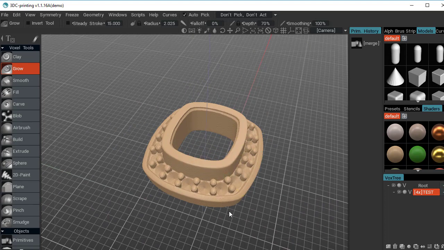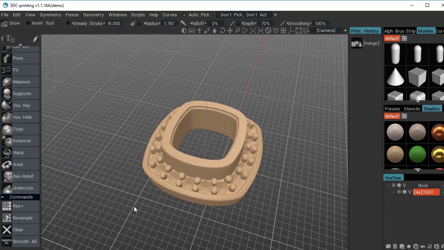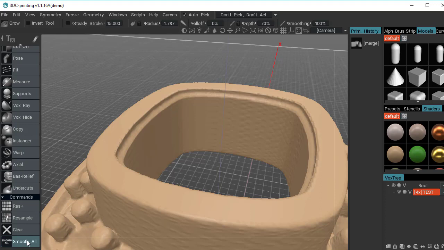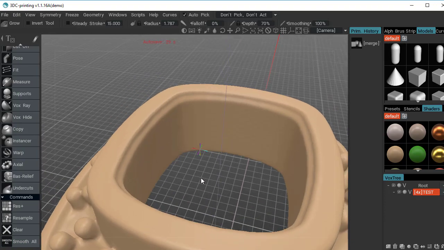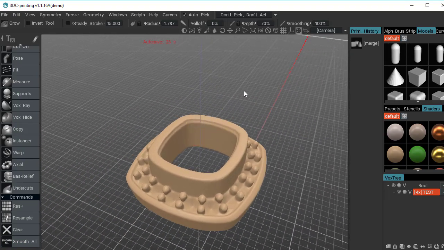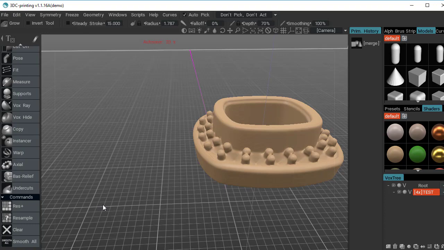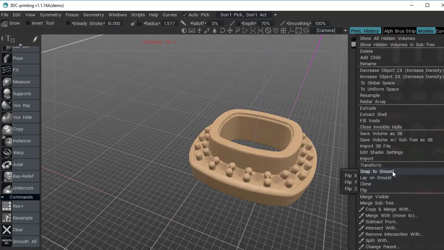After that, if you want to make it smoother, just increase the smoothness of the piece, you go to smooth all. It's at the end of the commands. If you're just gonna zoom in a bit, I'll show you. So if you click smooth all, you see what's happening. It's smoothing everywhere. Of course, if you overdo it, you're gonna damage the piece. Like now, I wouldn't recommend any more than that, I think it's a bit too much. Just go a bit back. Yeah, this is okay. Then after that, you're happy with the file, you just right click here,